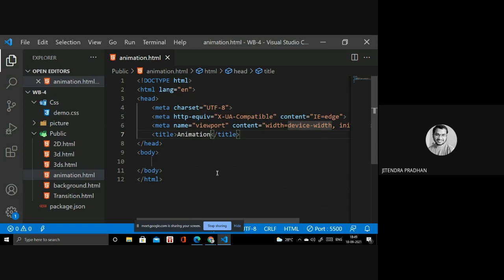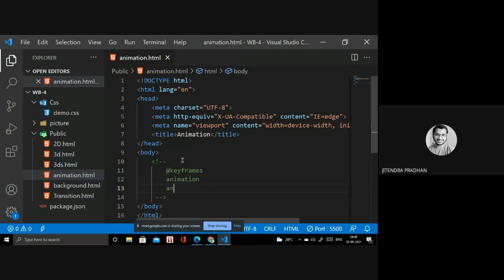Next, what are the properties we need to develop that animation. At first we need keyframes. I will show you one by one. First one is keyframes. Second one is animation.